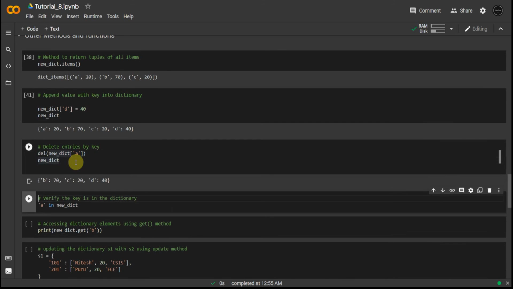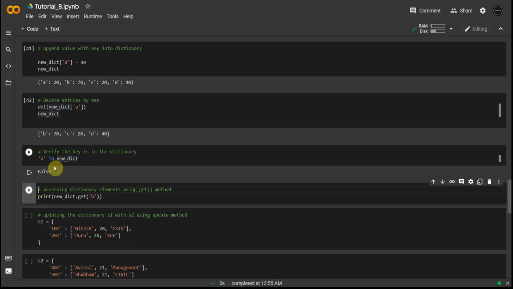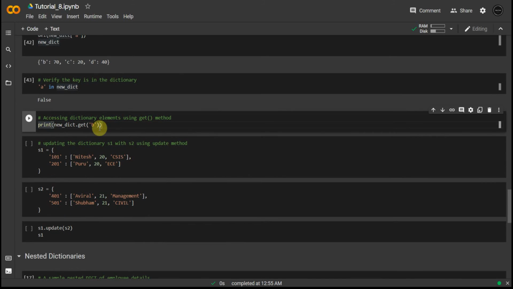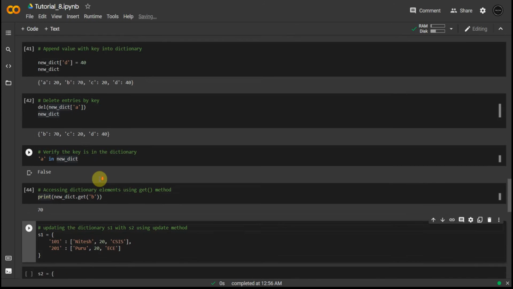And we can delete something inside a dictionary, a key, using a key. We can also change the values as we saw before, and we can check if something exists inside the dictionary using in. We have used this before, the in. And we can also print or access the values using the get method. This is a method that is used to access the dictionary elements, right? So it's just there so that we can access something inside the dictionary.